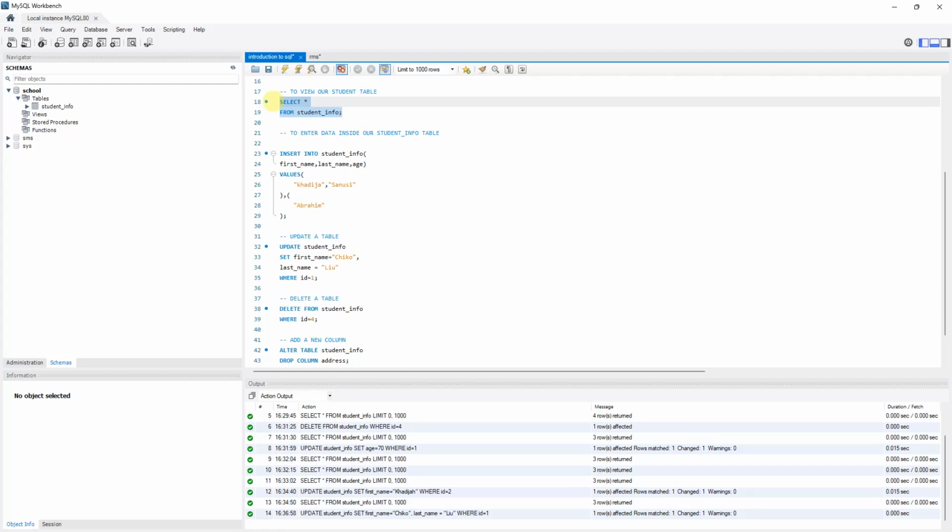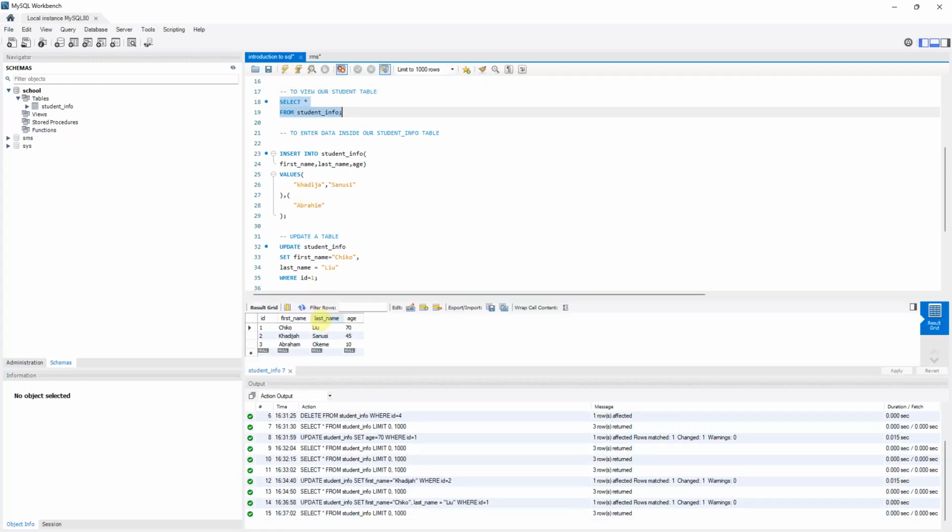By the time I go to my view table and execute, you can see that I've already updated from Jessica to this particular name,